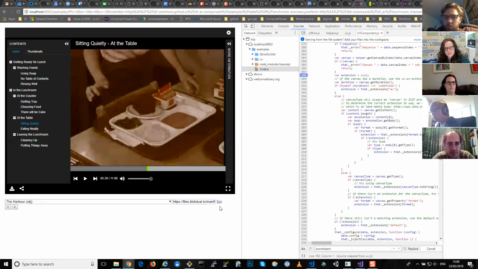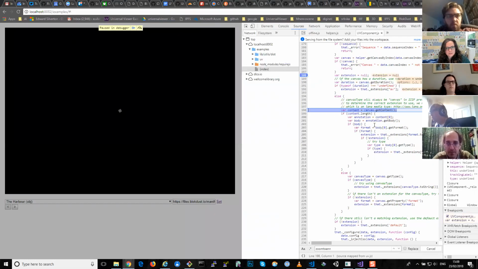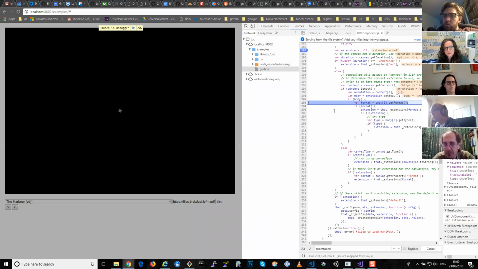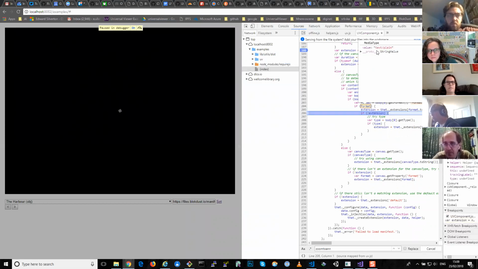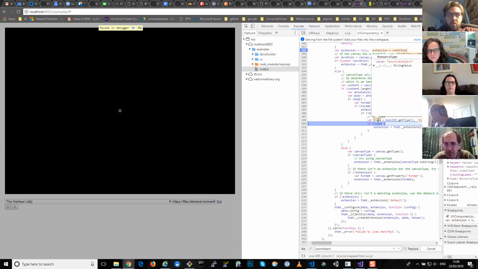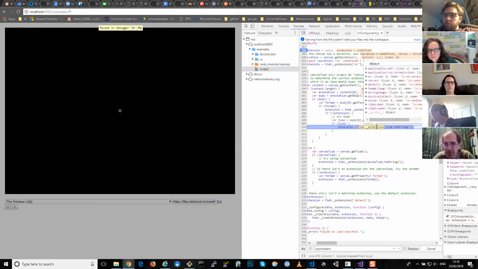So I can show you the 3D one as well. Extension null. It's seeing that this one's got annotations, and it's looking at the first canvas in the manifest, by the way. So it's getting the format of the content of the annotation on that canvas, and the format is text plain, because it's an OBJ file and that's its MIME type, unfortunately. But then if it doesn't find an extension for that, it looks at the type of the annotation, and that comes through as physical object. And then it's like, okay, I know what that is. That's a 3D thing. So it loads the